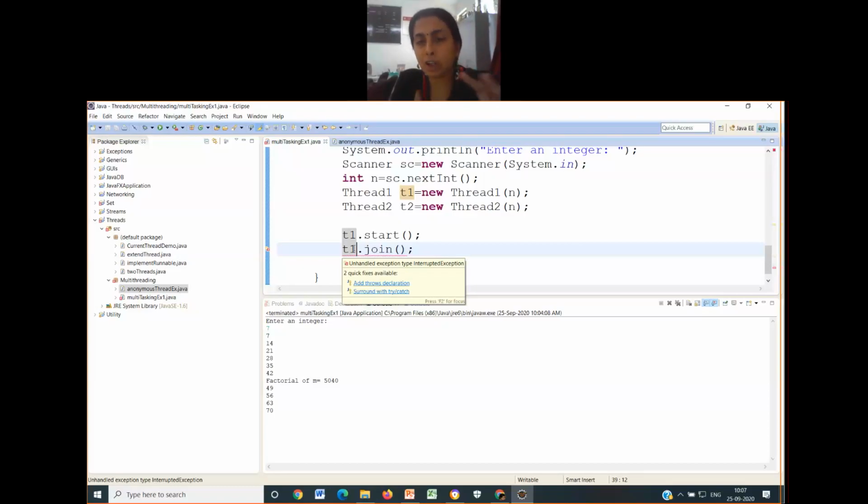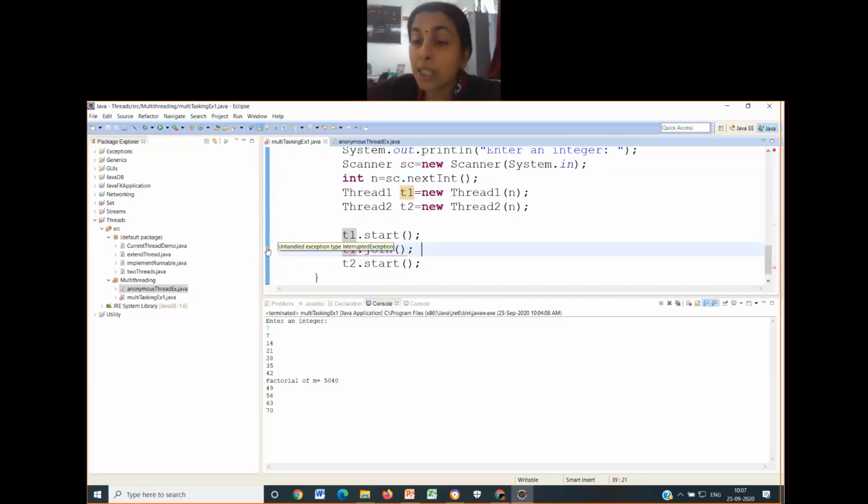There is interleaving of threads, correct? T1 is interleaved with T2. That can be avoided by using what is called the join method. This is the simplest way of synchronizing. You may ask me why this is giving me an error. Because similar to the sleep method, I require a try catch block here.